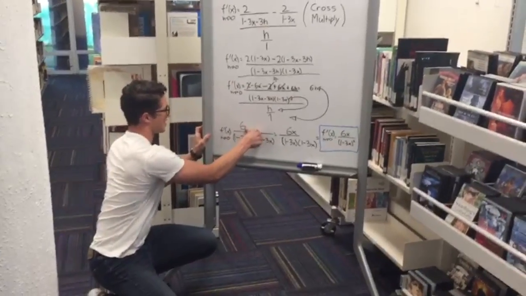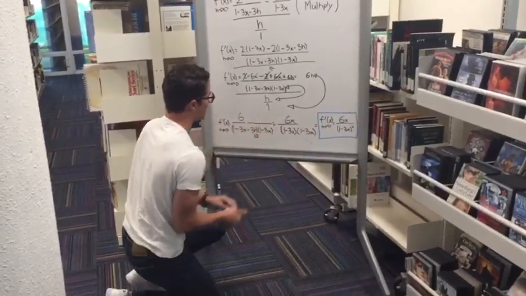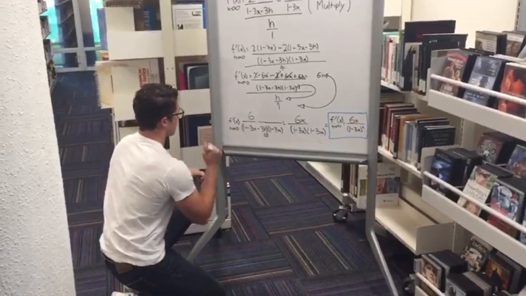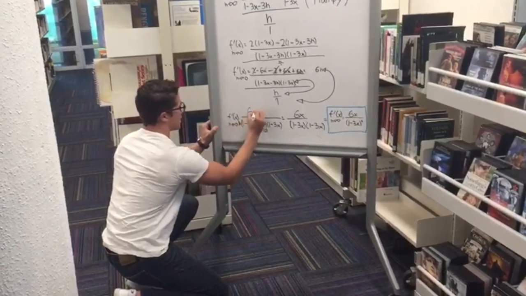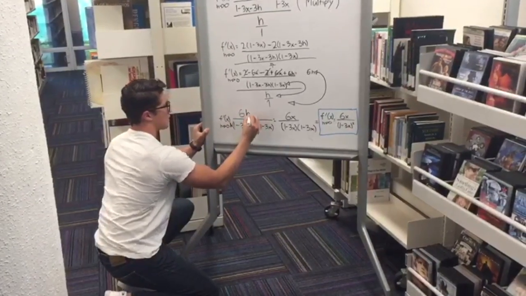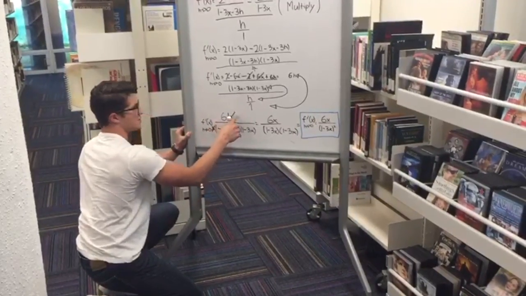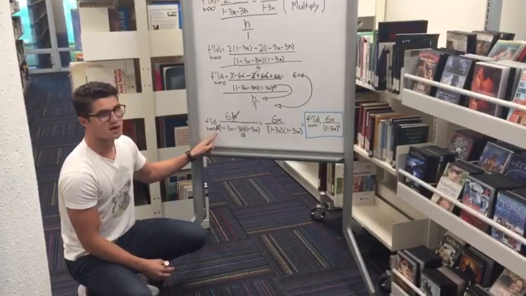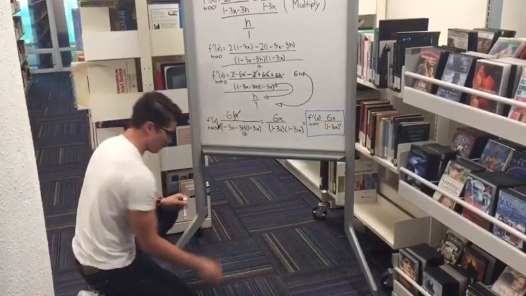Oh, here I made a mistake, sorry. We'll have an h here and another h over here, and we're going to cancel them out since it is multiplying, as well as this one in the bottom. So we're going to be left alone